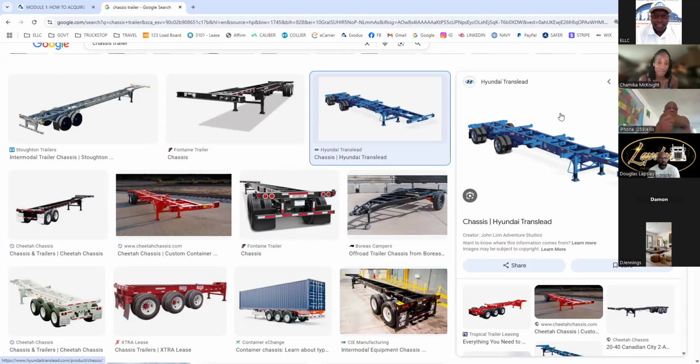Yes, that's a load board you're looking at. If you're looking at Load Match, for those who don't know, Load Match is the number one load board for containerized and drayage freight. So if you're looking at Load Match, then he's going to have to continue to use a chassis and access